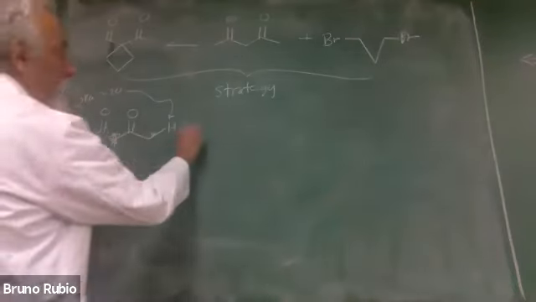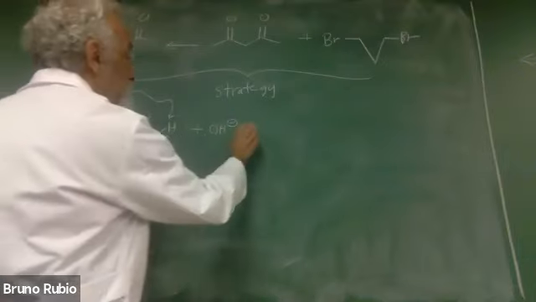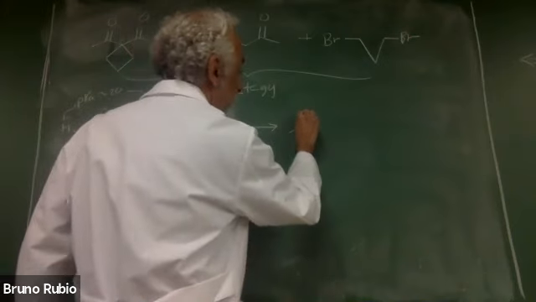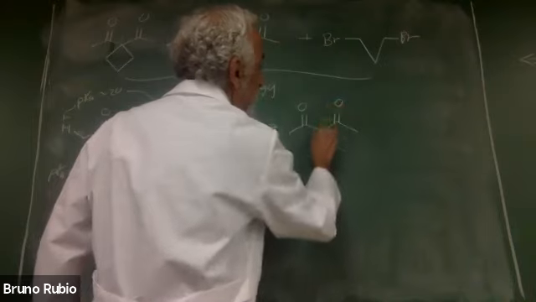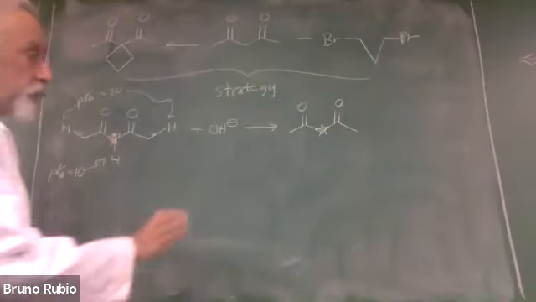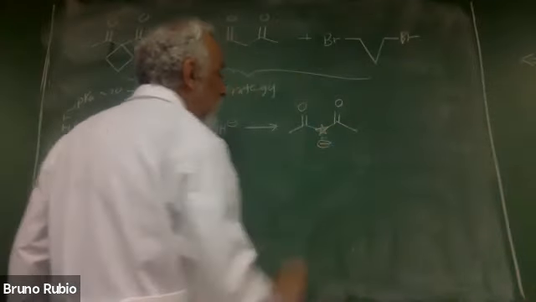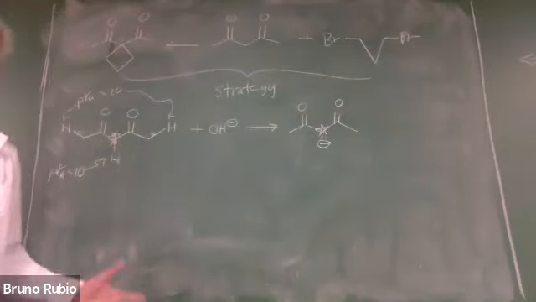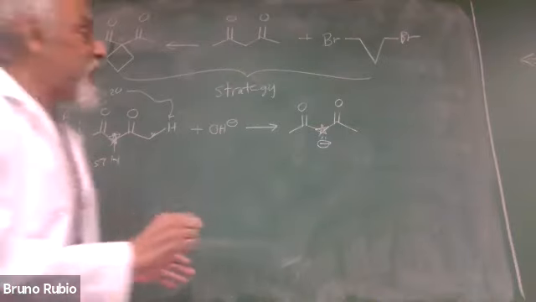Okay, so I'm going to add OH minus. That's going to be my first step. It's going to enolize that bis alpha position. It's going to enolize the star, the carbon that is trapped between the two carbonyls. There's my dot dot minus. That's my enolate. Okay, and again, one of the reasons why the bis alpha position is so acidic is because